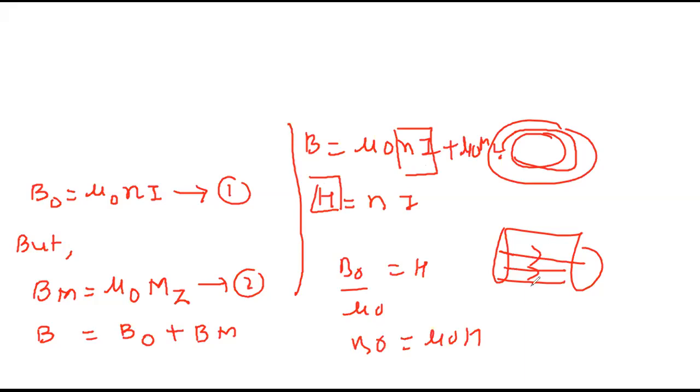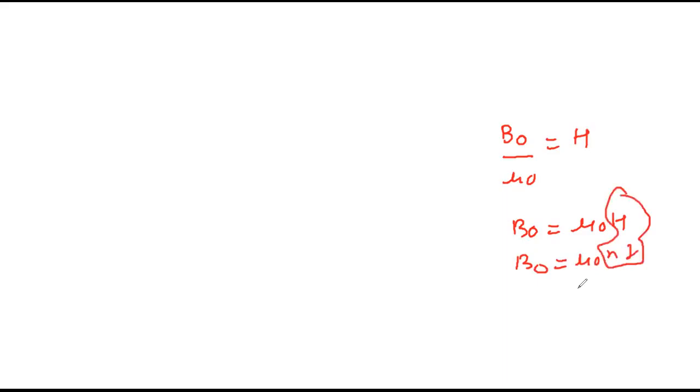Hello? हाँ सर. देखो फिर से देख लो. B naught upon mu naught is called H. So B naught is mu naught H, and in toroid this is mu naught Ni. मतलब अपना H क्या है? Ni है ना? हाँ सर अभी समझा। तो कभी कभी वो लोग खाली ऐसे ही पूछ सकते हैं व्हाट इज H, फाइंड द वैल्यू। तो n into I is Ni by comparison।